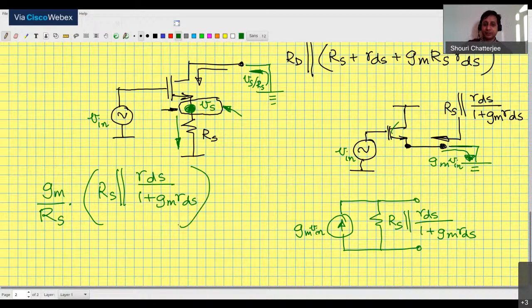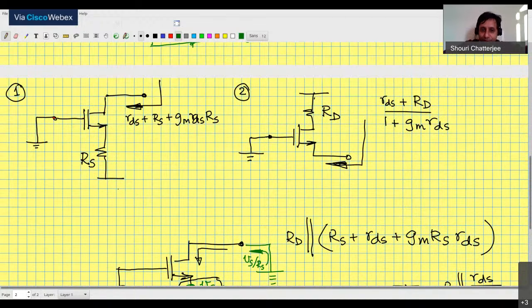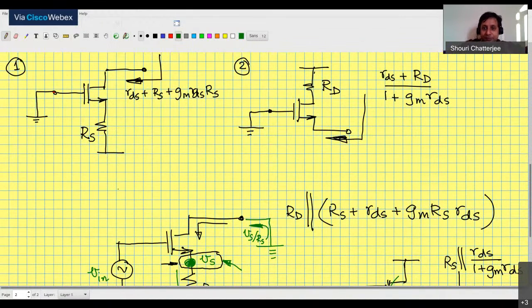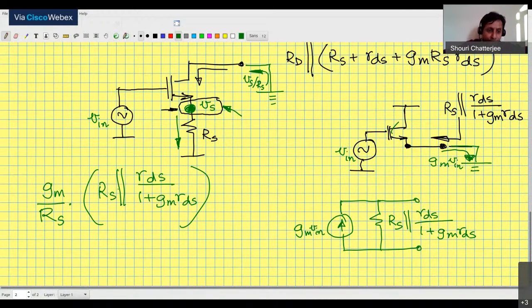All right. So this is the two-step problem. Now I have found the short circuit current in the original problem. I know the output impedance of the original problem. Okay, so this is typically the hardest case. I solved the hardest case for you. I hope this is now going to resolve your difficulty in finding out the short circuit current and the output impedance. Okay, I hope you have followed.